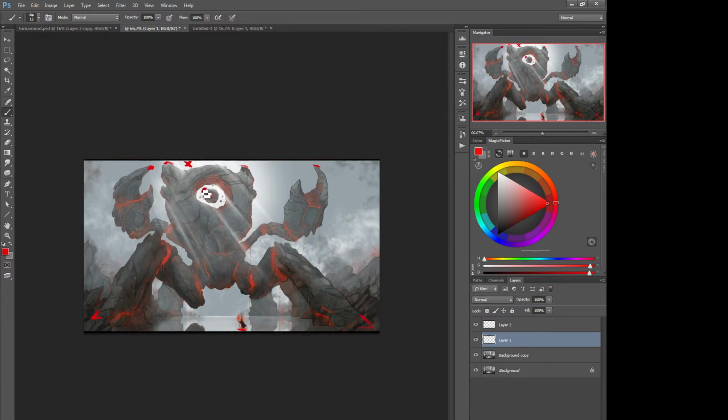Whereas if the light source is back here, it changes the aspect again. So you want to really pay attention to that, because if you're doing the dark blacks with the light behind it,